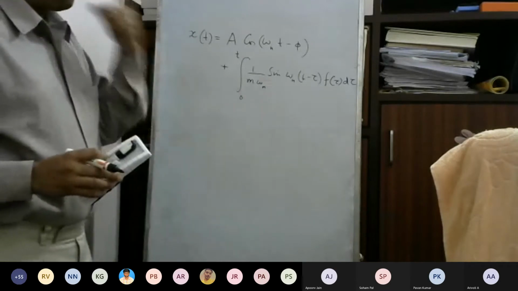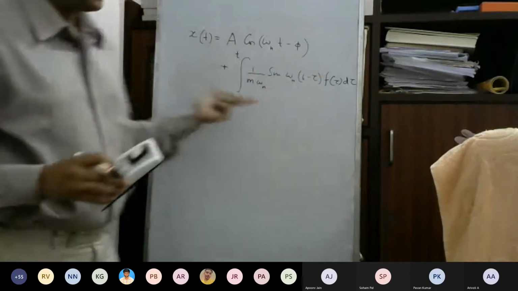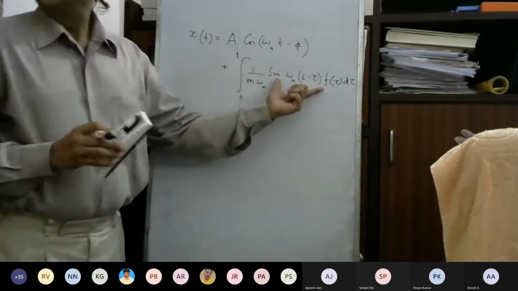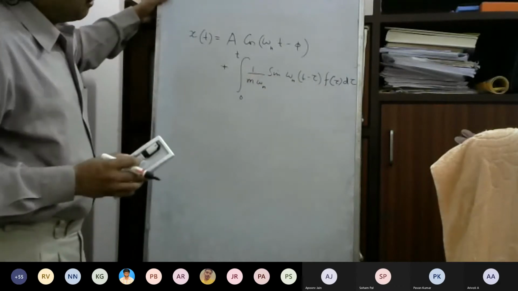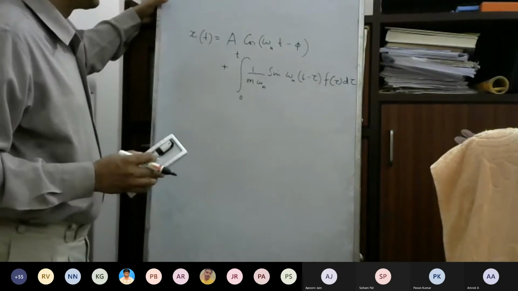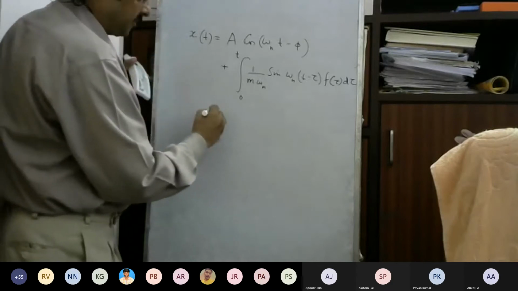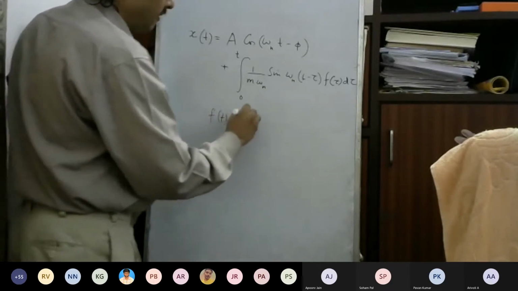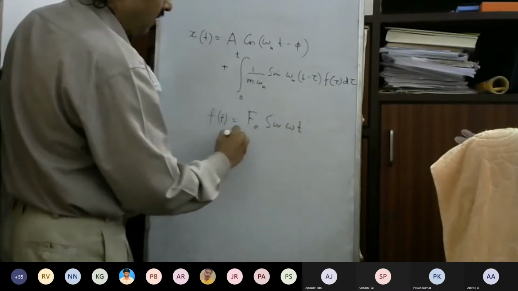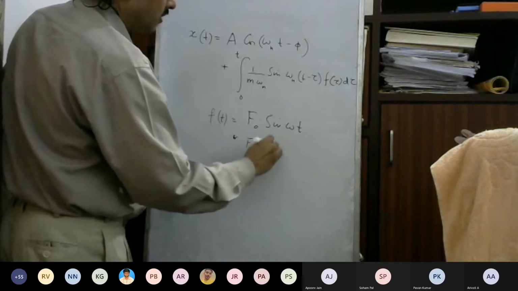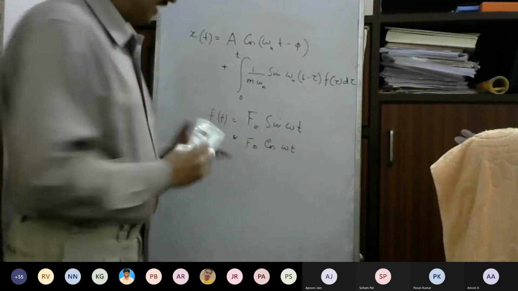Now sometimes in the tutorial we'll solve one problem on how to calculate this response, that is, how to evaluate this convolution integral with the help of a few problems. But now we will consider another thing which is very important for vibration related problems. That is when the force F(t) is in this form. Let us say F0 sine omega t, or F0 cosine omega t, or any periodic function